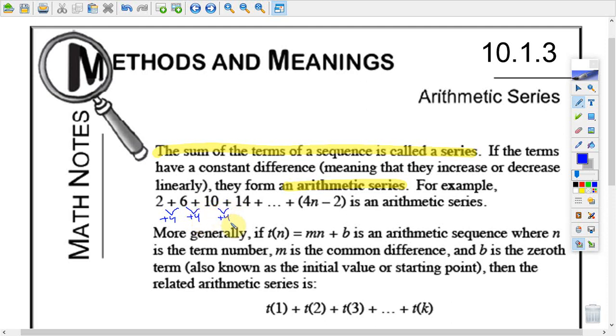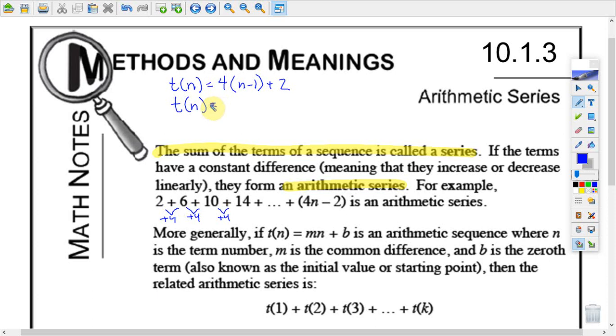If we were going to write an equation for this, we could say that t of n equals 4, which is our slope, times n minus 1, where 1 is our first term and the value of our first term is 2. So 4 times n minus 1, plus 2, would give us the equation,